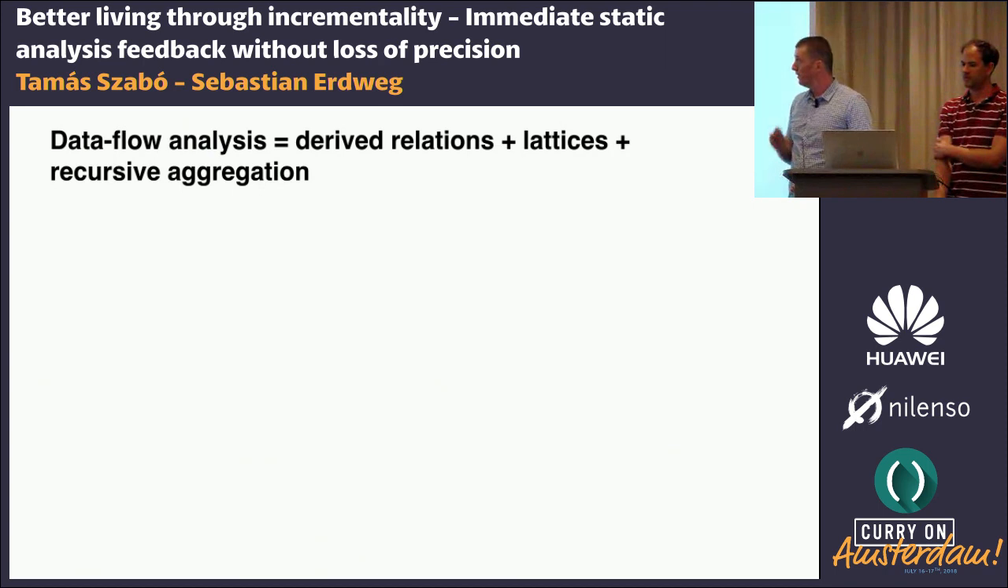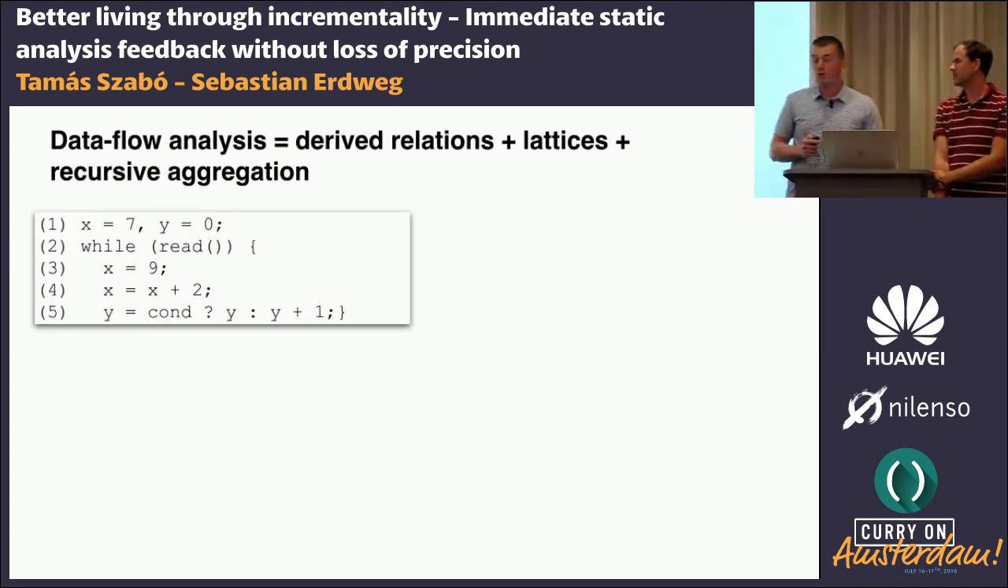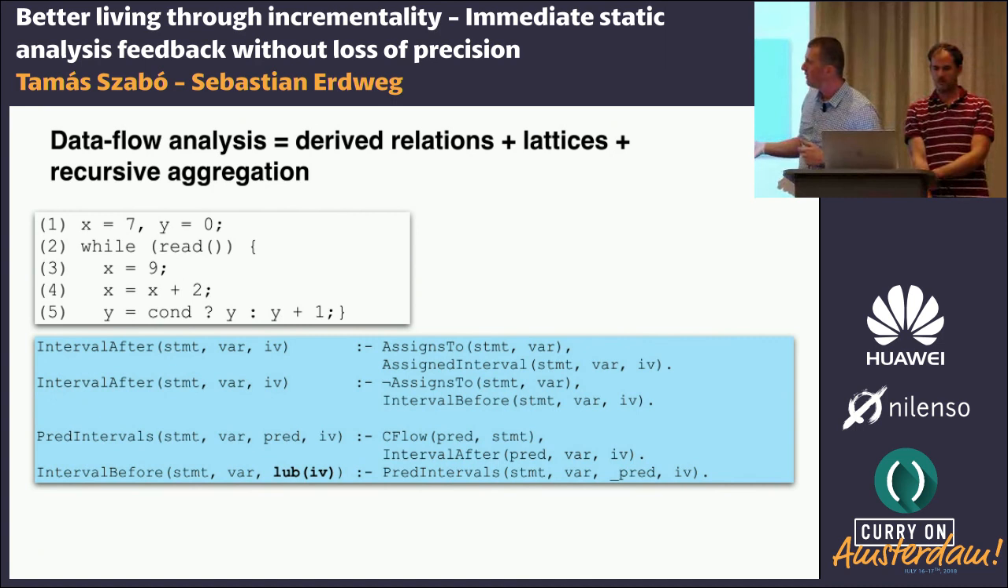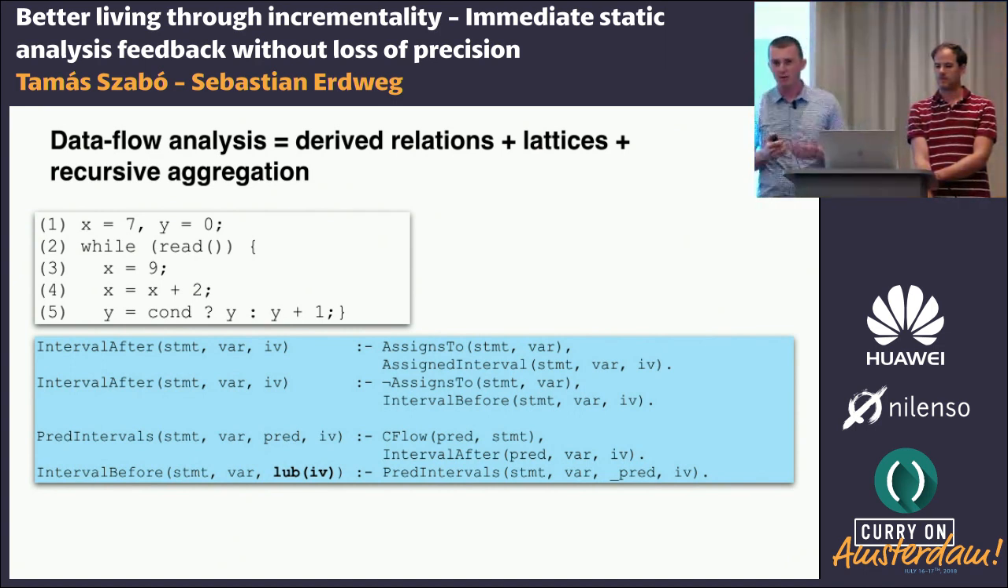Now, the key thing is that a data flow analysis, apart from having derived relations, as Sebastian pointed out, also relies on lattices and recursive aggregation over lattices. Looking at this subject program, it is a very simple Java code which has a loop here. We have an interval analysis implementation that could look like this. The key idea is that we use 2 Datalog rules that recursively depend on each other. We have an interval after and an interval before. The key thing is that interval after is abstractly interpreting the effect of an assignment, if there's any. So if the current statement, the current control flow location, kills the interval that is associated to the variable, then we simply want to propagate the interval that was associated before the control flow